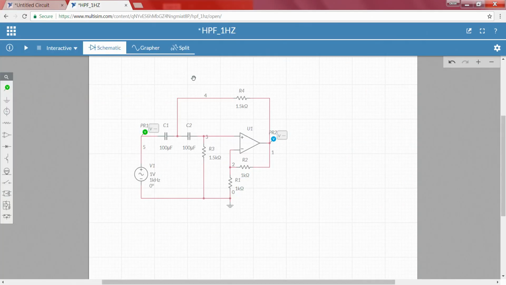So, to visualize in the frequency domain, I will change the settings from interactive to AC sweep. What do you mean by AC sweep? AC sweep is an internal function. Rather than you keep on changing your input frequency at particular frequencies, the system is already pre-programmed such that the input signal frequency will start from the minimum frequency that you set to the maximum frequency that you set, with intervals of some default values. It will keep on increasing the frequency and you can observe the output voltage at this particular point, right.